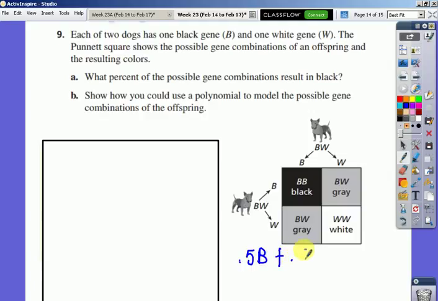The puppy has a 50% chance of getting a black gene from mother and 50% chance of getting a white gene from mother, right? Same is true for the father, right? So what do I have to do to that? Square it. And, oh look, that looks a lot like that, right? Which looks a lot like